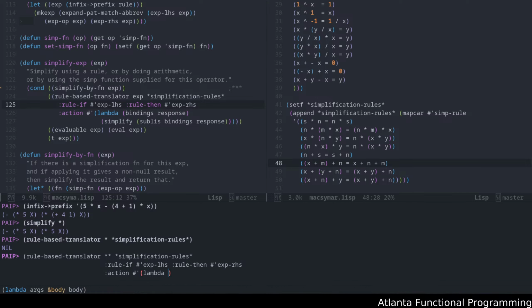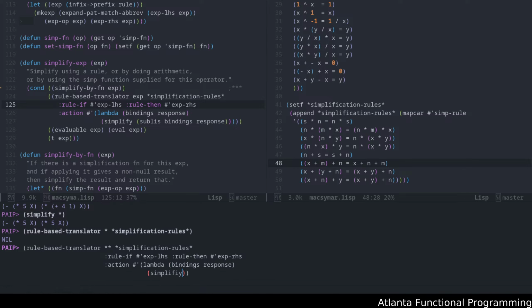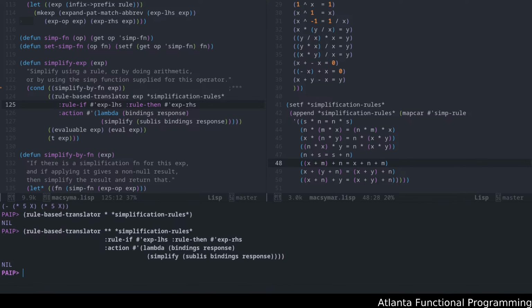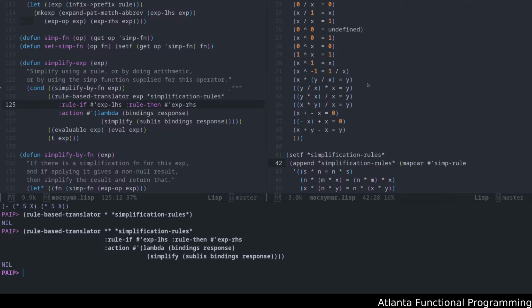We're basically using the simplification rules to take our bounded response, which should be caused by the substitution from the set of bindings to the actual response itself, and then we're calling simplify on it. Now, if we do that, it looks like it doesn't actually like the rule. So